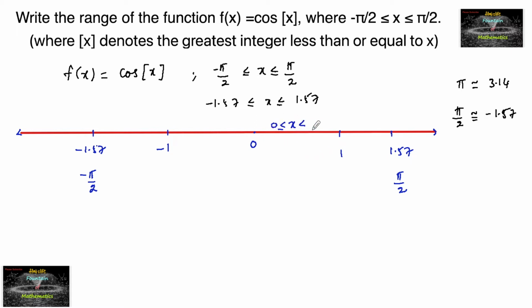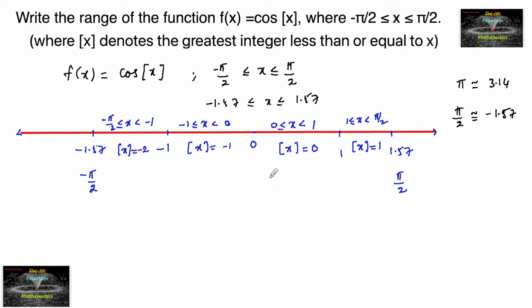For x lies between 0 and 1 including 0, step x can be taken as 0, and for 1 less than or equal to x less than pi by 2, step x value will be equal to 1, and for x lies between minus 1 to 0, the step x value we can consider is minus 1, and for minus pi by 2 less than or equal to x less than minus 1, step x value will be equal to minus 2. So based on this information,